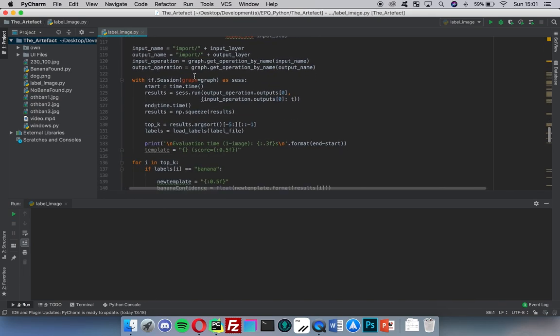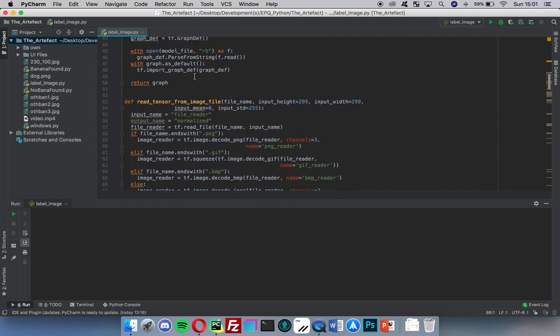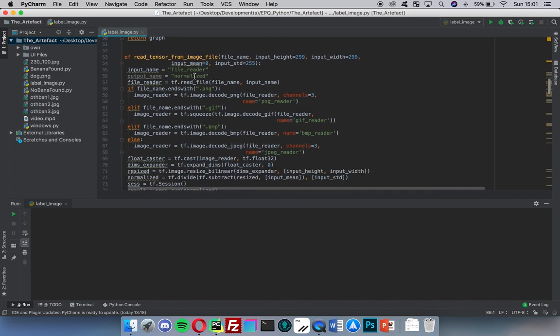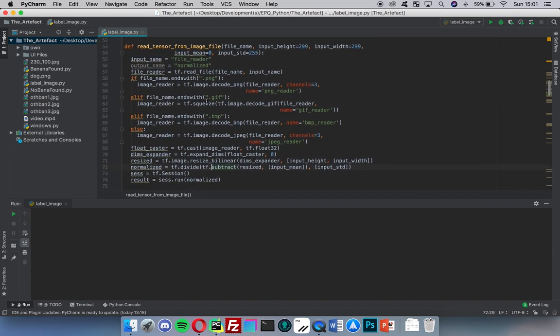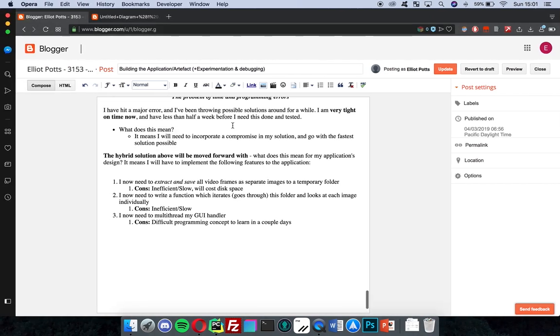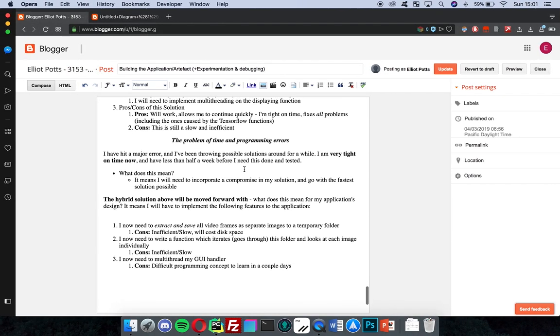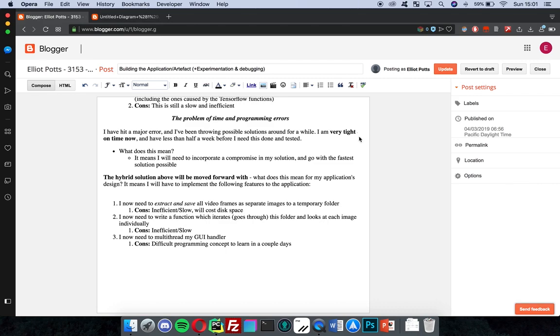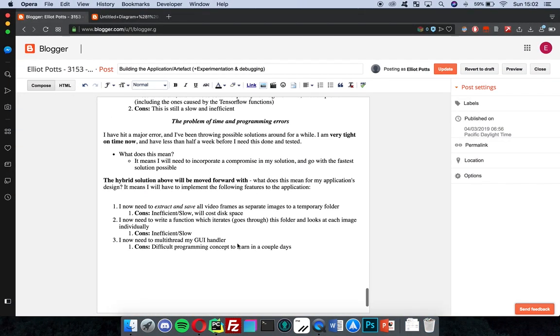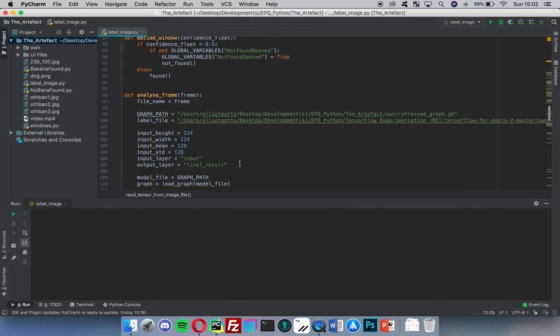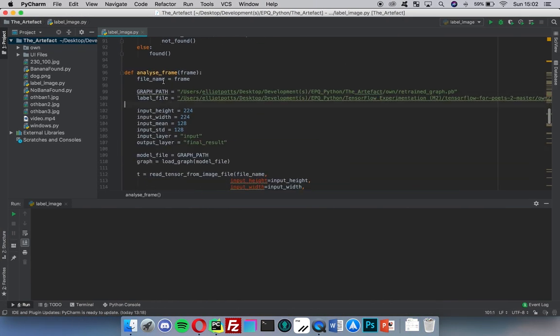Okay, so the last video ended with TensorFlow returning an error which said we can't give it raw data, and I don't know enough about TensorFlow to work with this existing function here and rewrite it so that it takes the raw data we gave it, because as you can see I'm strapped for time, very tight on time. So our solution is to extract all frames from the video,